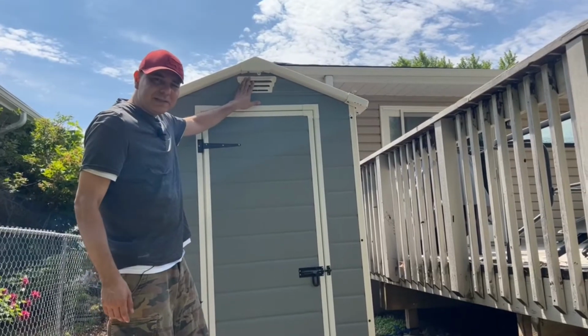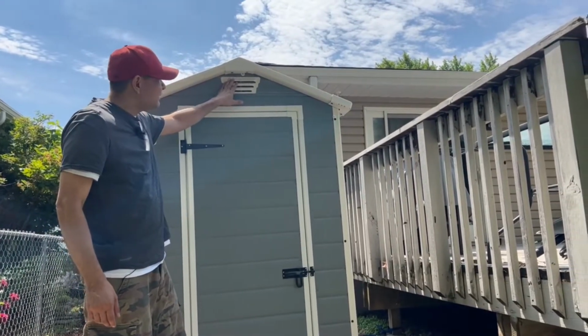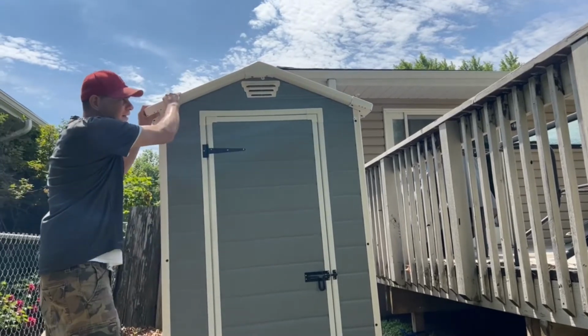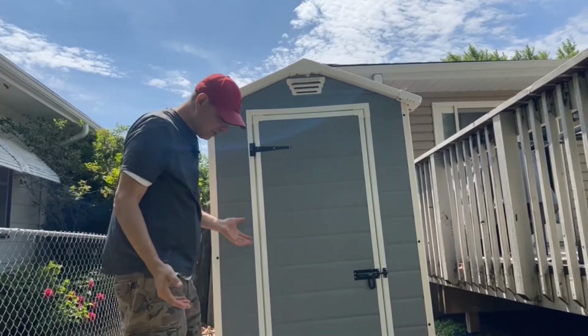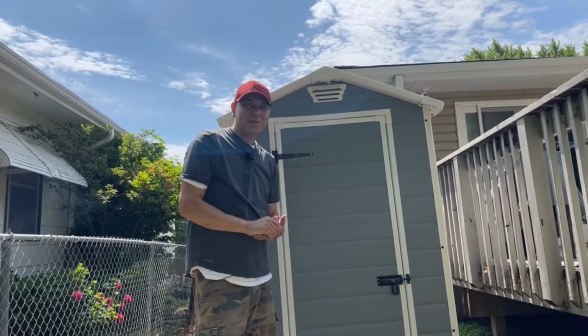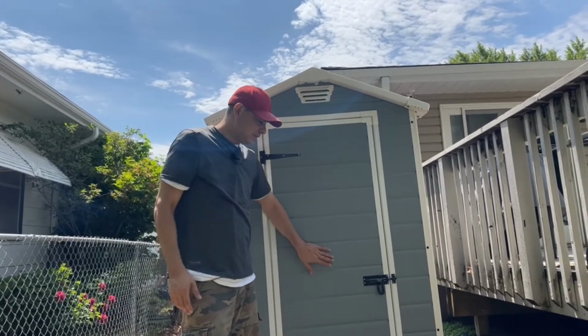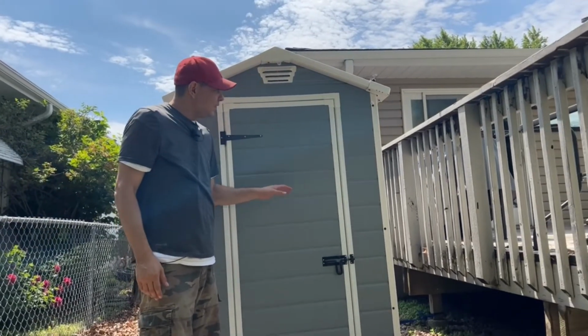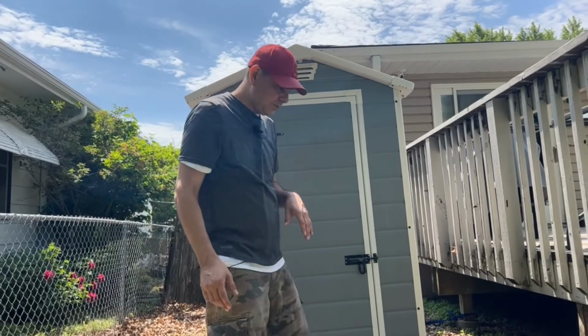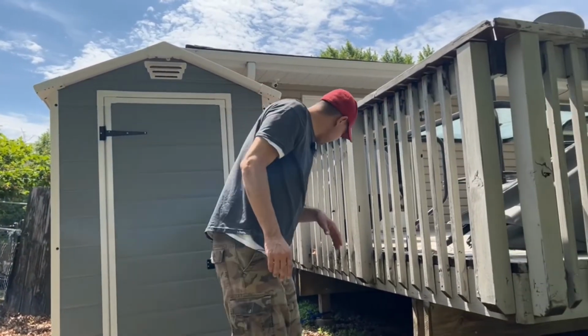It does have a little vent up top. The roof is actually nice and pretty sturdy. Now you can see that this thing is sturdy. It's not going anywhere, so I do like that. I don't understand some of the comments about it being super flimsy, because it is pretty sturdy, not moving-wise. So we're going to come over here real quick,